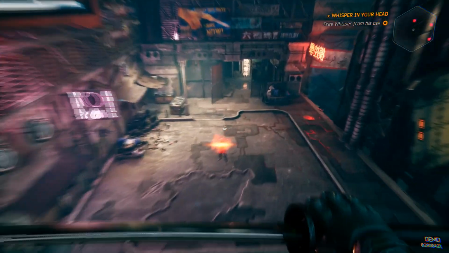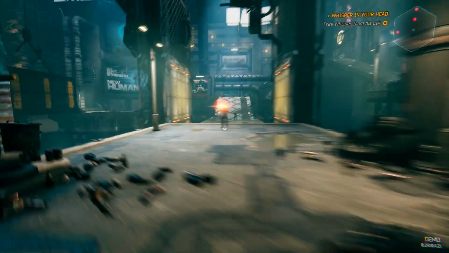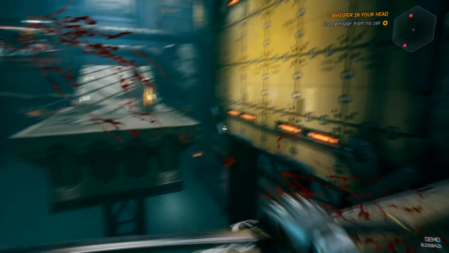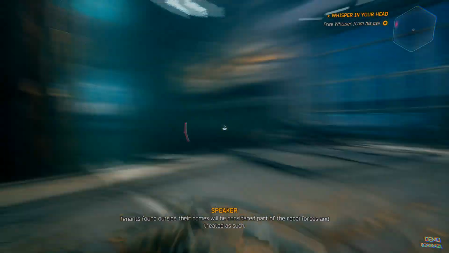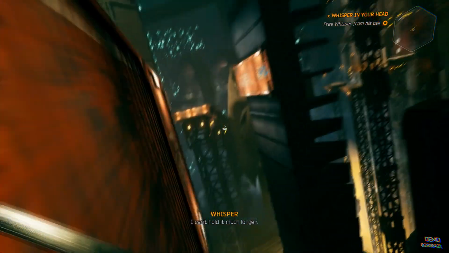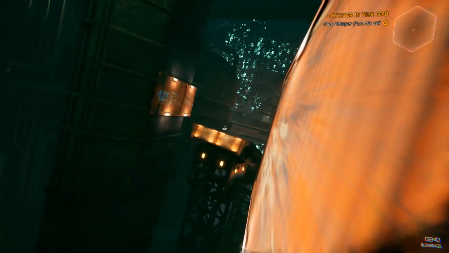Ghostrunner does give you options to approach levels in different ways, but when it really comes down to it, it's all about twitch reactions, mastery of movement and execution. If you're unable to keep up with this, the game can definitely frustrate you, especially in longer, more complex levels, which demand higher concentration from the player and punish you more for failing. Perhaps in an area you need to take down 5 guards, and every time you manage to take down the 4th guard, but not the 5th one, and you have to redo it and redo it,